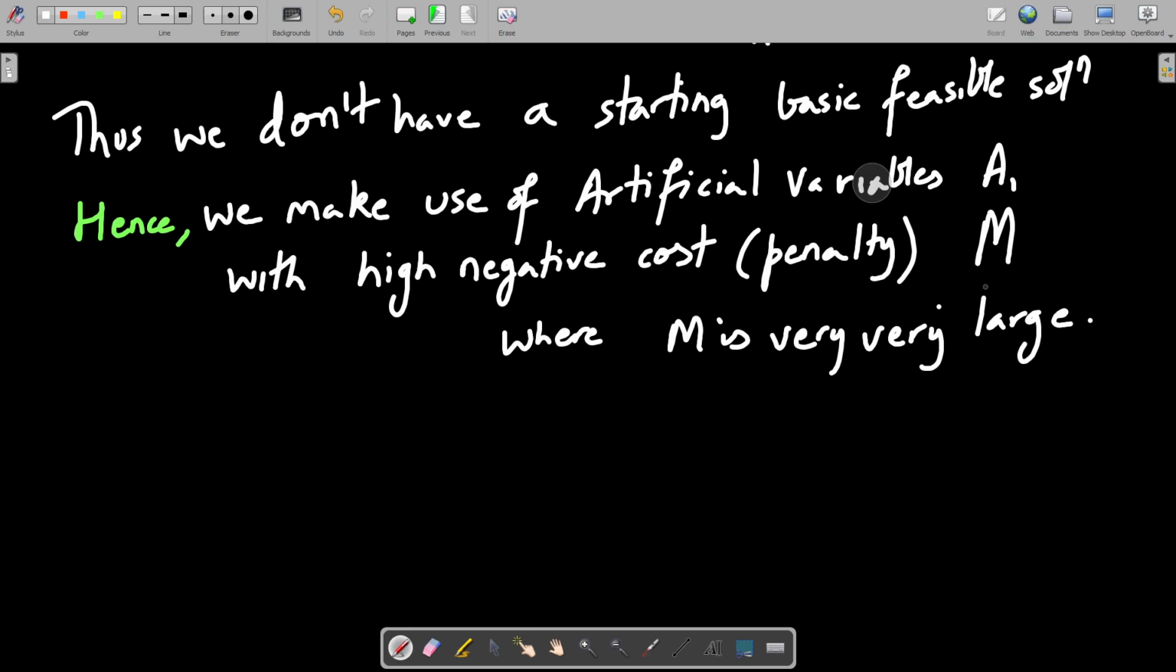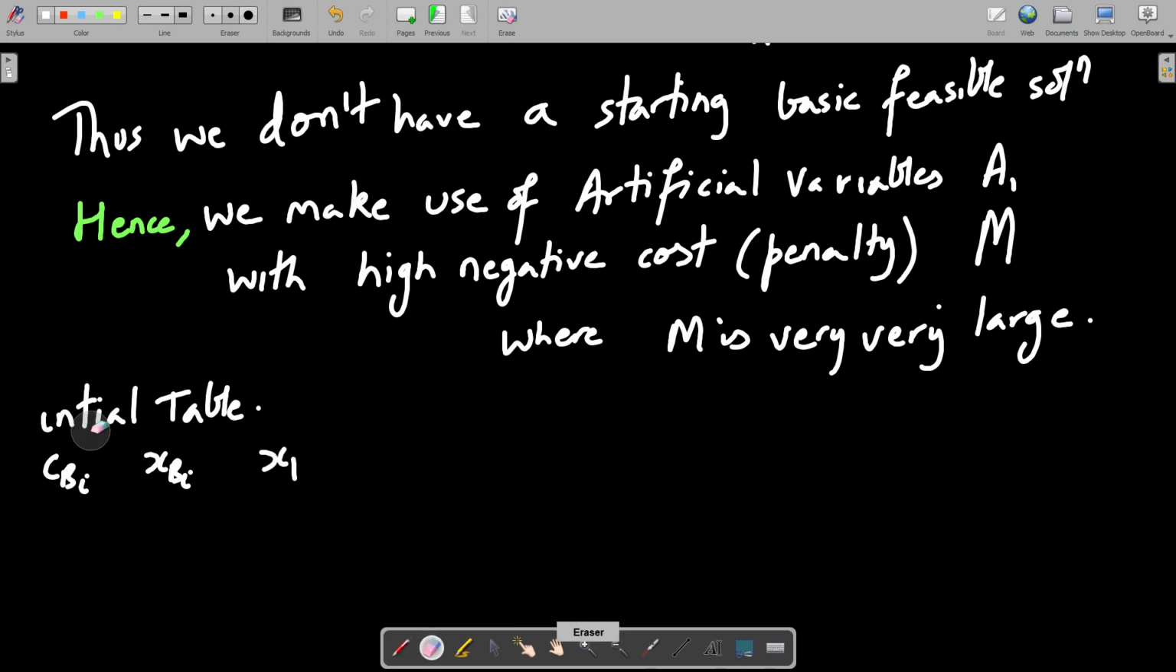Okay, M is a very large number. So now we'll get an initial iteration like this. This is going to be CBI, XBI, X1. Wait, first I'll write down the new problem anyway. So the new problem will become,